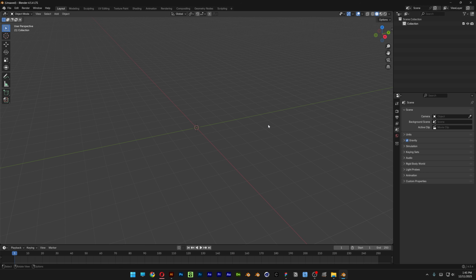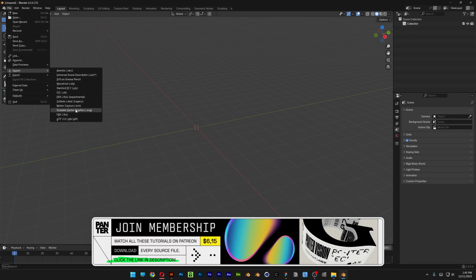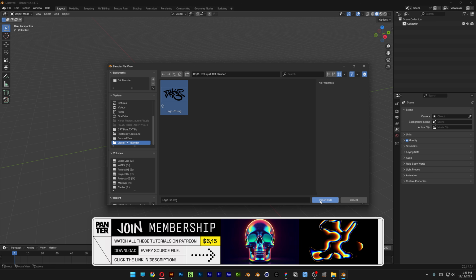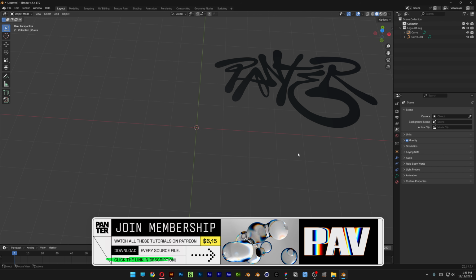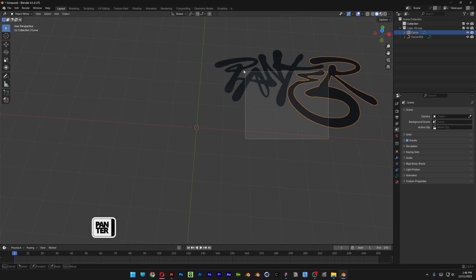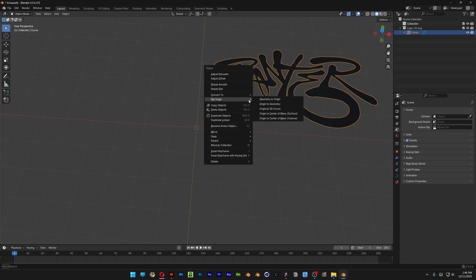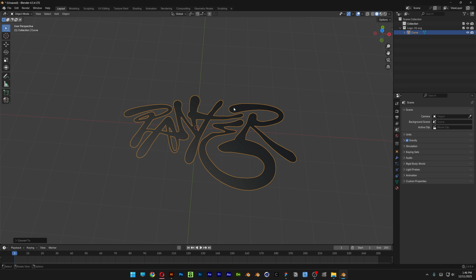Alright, so let's fire up Blender, and I'm gonna go to the file import and import a scalable vector graphic, which basically is this scribble logo, and I'm gonna import it. Let's go and select it, press the letter S to scale it, and I'm gonna deselect, select one of the objects, select all, right click, select join, right click, set origin geometry to origin, right click, convert to mesh, change